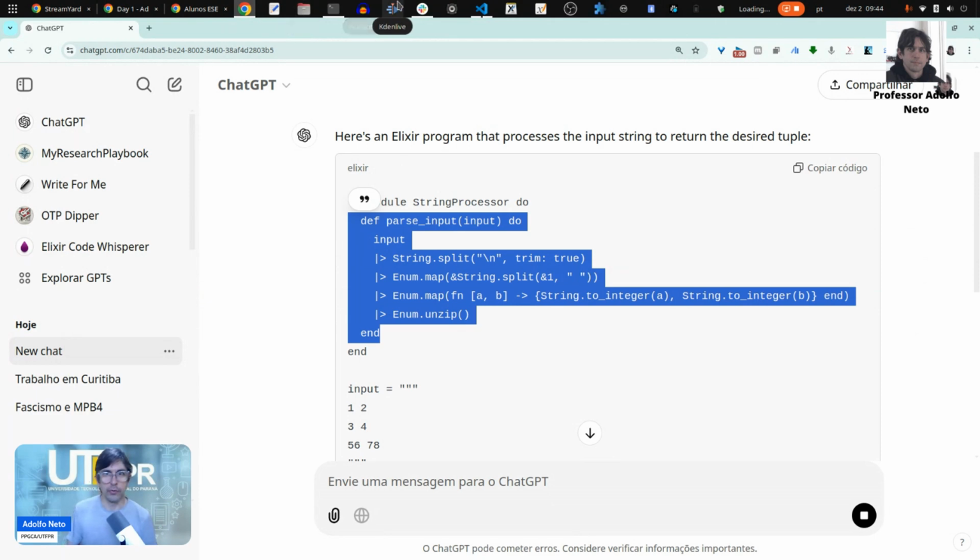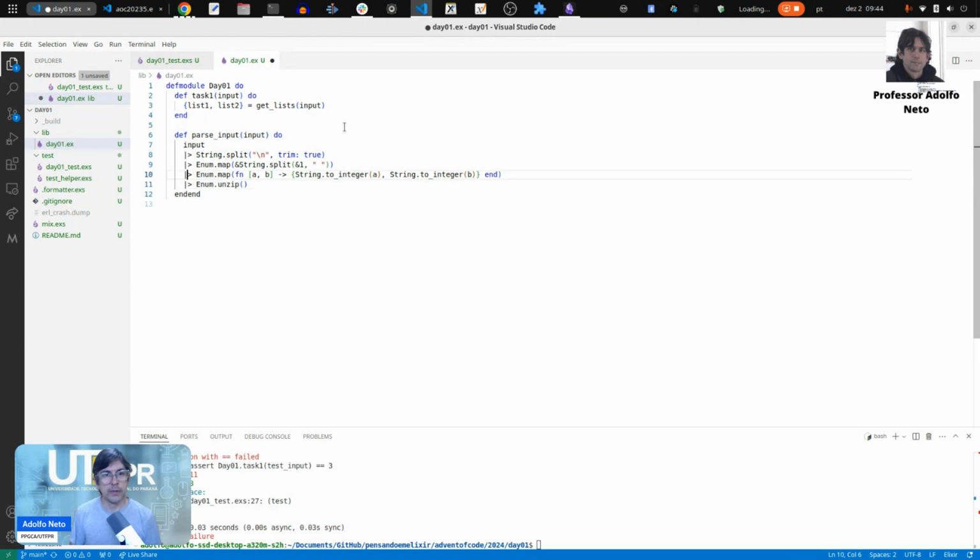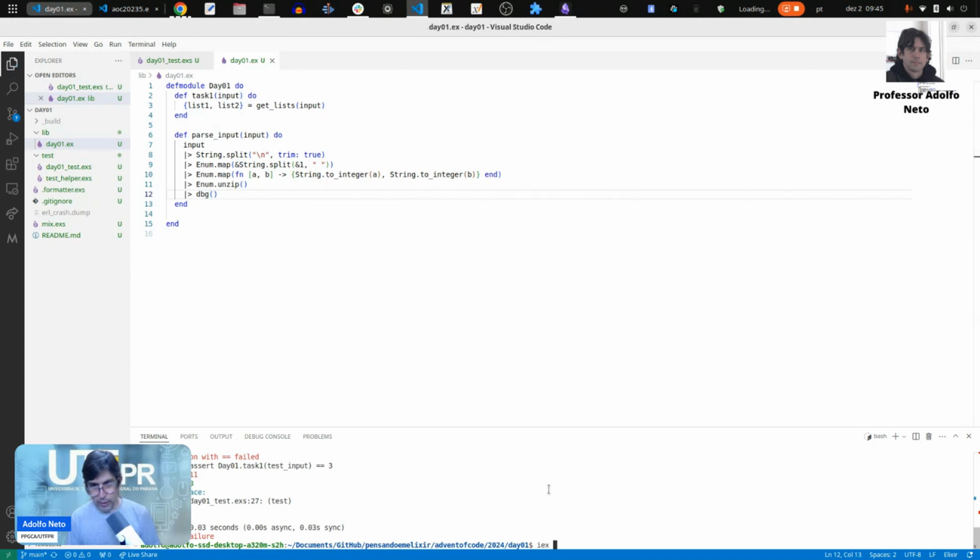Let me try to use it there. So this one is going to get the input, split it using backslash n, and trim to ignore some spaces, and then it's going to split again using the space here. Oh, one nice thing that you can do now with Elixir is using dbg. So I'm going to do